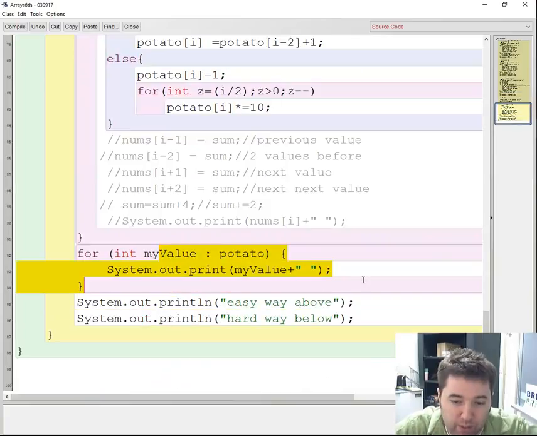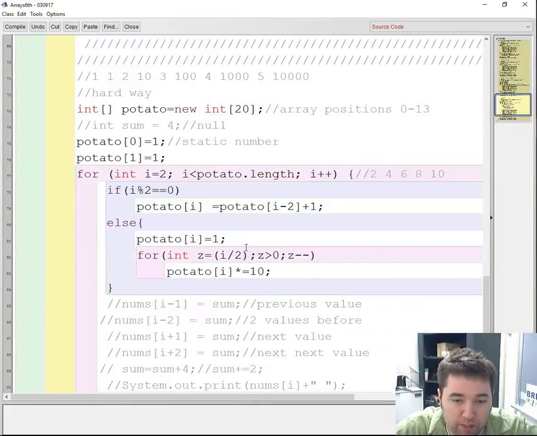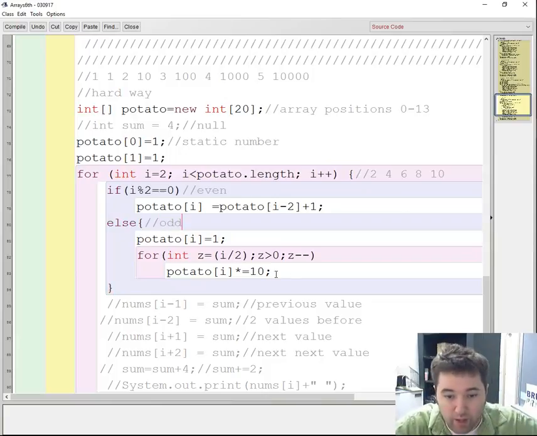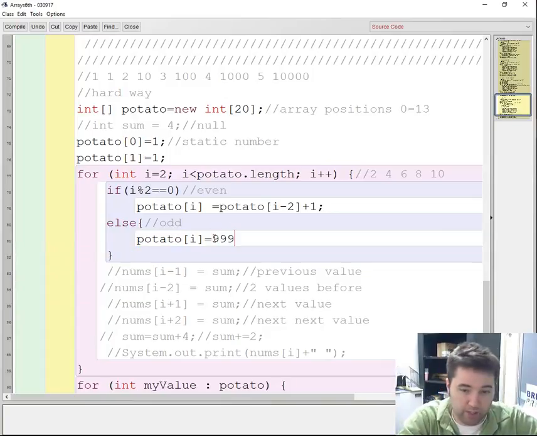And then we output all the values again. And that's pretty much it. It's actually a pretty simple program because please realize anytime it's even, I do this. Anytime it's odd, I do the other thing. And this literally can be anything I want. So if I wanted to say potato sub i equals 9999,